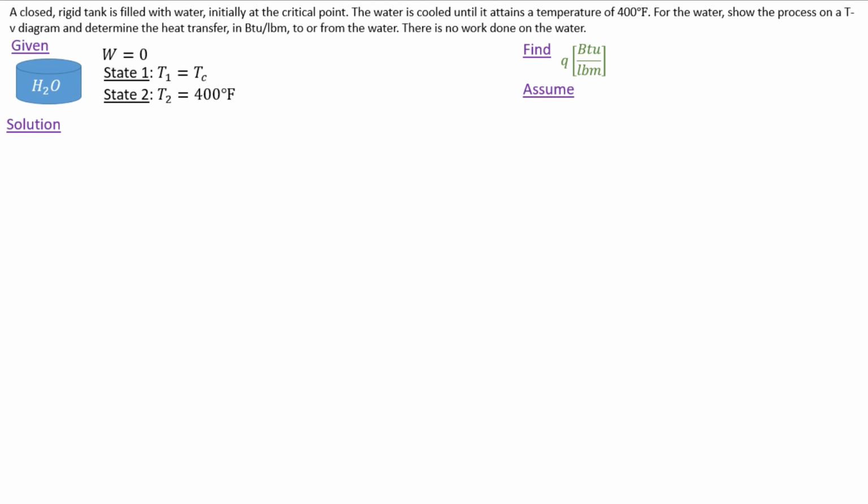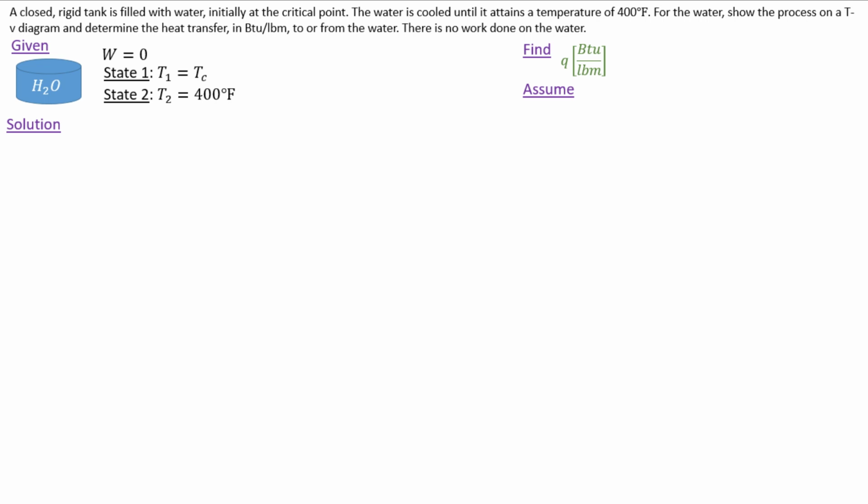Right, so we've got a closed rigid tank. It's filled with water, initially at the critical point. The water is cooled until it attains a temperature of 400 degrees Celsius. We want to show the process on a TV diagram and figure out what the heat transfer is in BTU per pound mass to or from the water, and we're told that there's no work done on the water. So I've got all my given, my find, at least for the heat transfer,